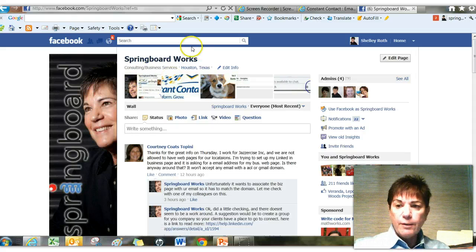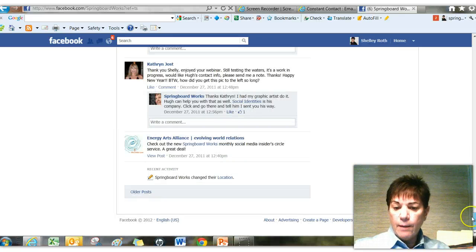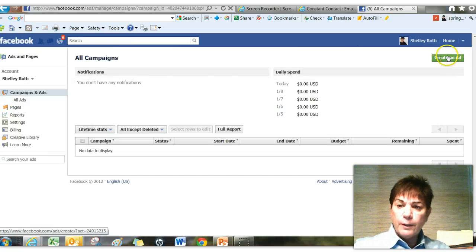How you get to advertising is on any page. All the way at the bottom, you will see advertising. Click on that, and there'll be a button to click create ad. Now, I've fooled around with this before, so I'm seeing past campaigns. You will not see that if you're using this for the first time. I'm going to click create an ad,